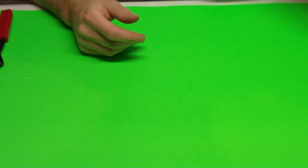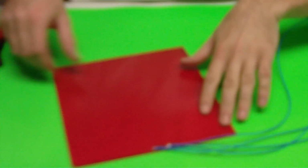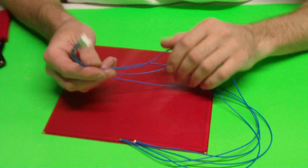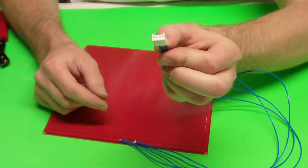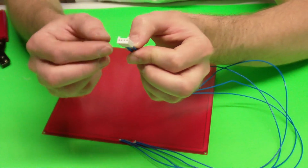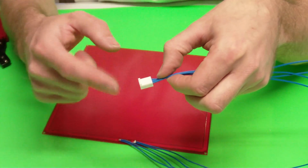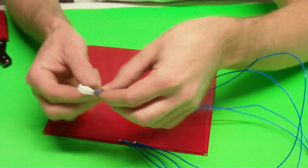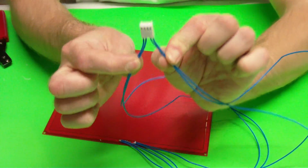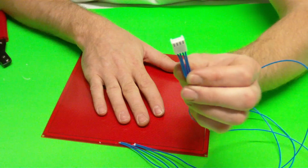If you're doing the Prusa, I didn't put a thermistor on this one, but you do the same thing. These wires just happen to be blue. Your wires could be red and black just like that. If you're doing Gen 6 or RAMPS, you wouldn't use this connector. You would cut that off. For RAMPS, you would double these wires up and put them into D10 or D11, don't remember which it is. For Gen 6, you would cut these off and wire them in directly to a 12-volt power supply. That will heat this up. For printer board, you're going to wire them just like this,